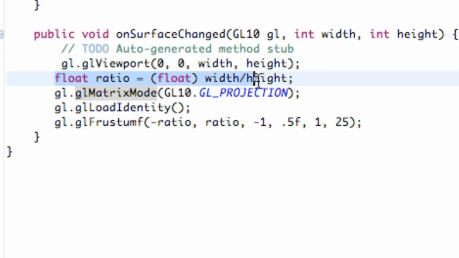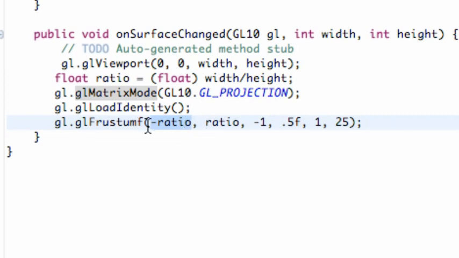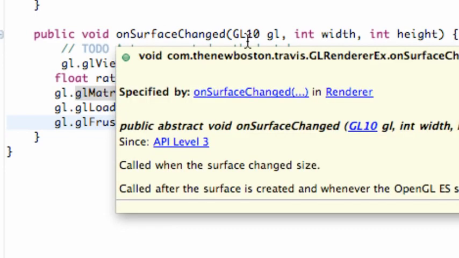And then what we did is we set up a ratio to handle what happens when the person changes their phone from portrait to landscape, and we're going to use this ratio later to define the frustum, which is going to be basically our viewing area where it's going to load all of our shapes or triangles or whatever. And if it goes out of this box surrounding those triangles, then it's not going to be able to be seen. We'll get into that a little bit more in depth in the next tutorial when we actually see the triangle. I said we'd do it in this tutorial, but